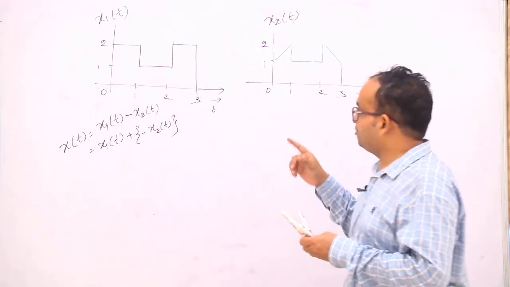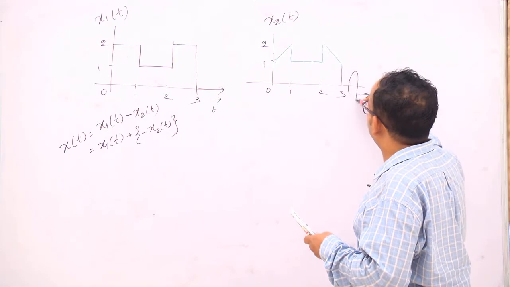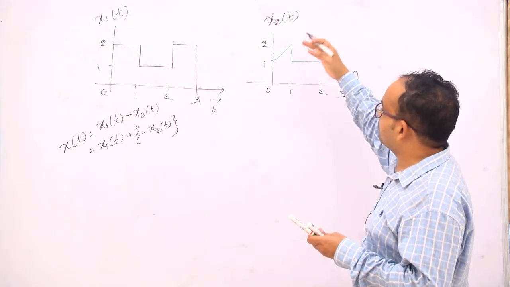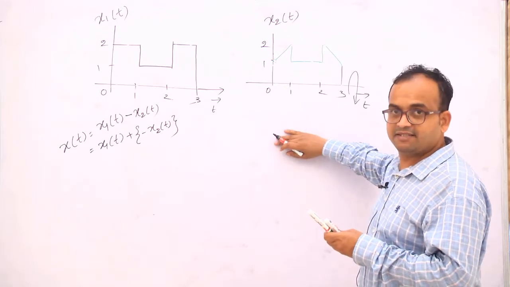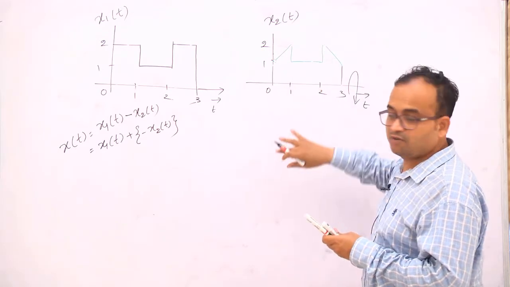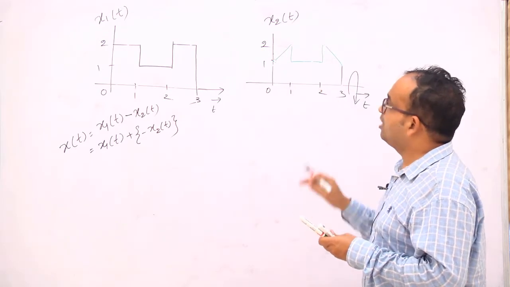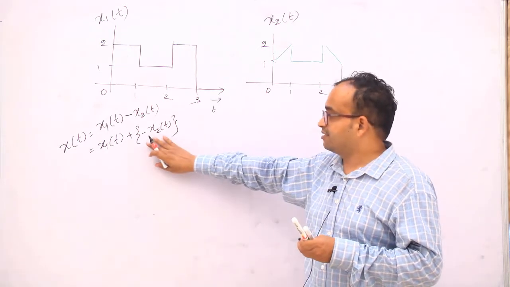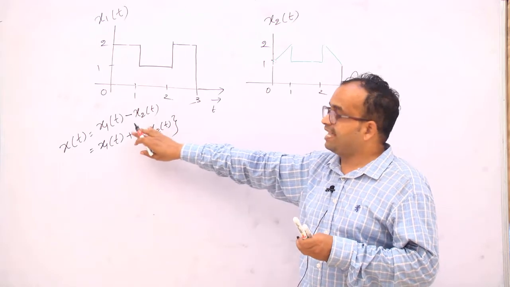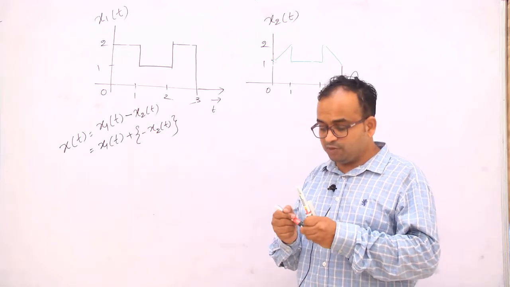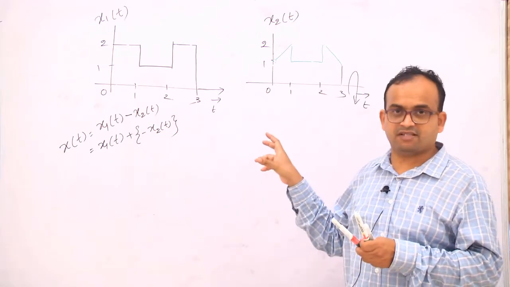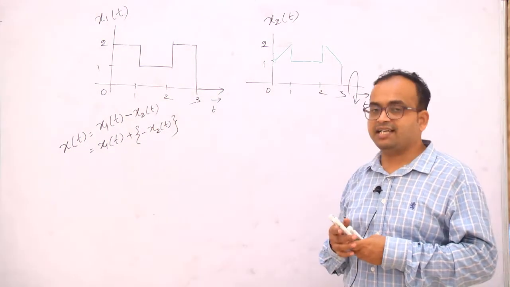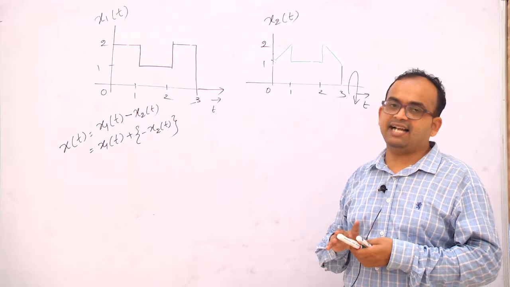So what do we do first? We have to rotate the signal about the y-axis. If we rotate the signal, it will come to the lower end, into the vertical. Then we have to add the two signals so that we get x1(t) minus x2(t). You can already do this because it is a very easy operation. These are the things we do in addition and subtraction.